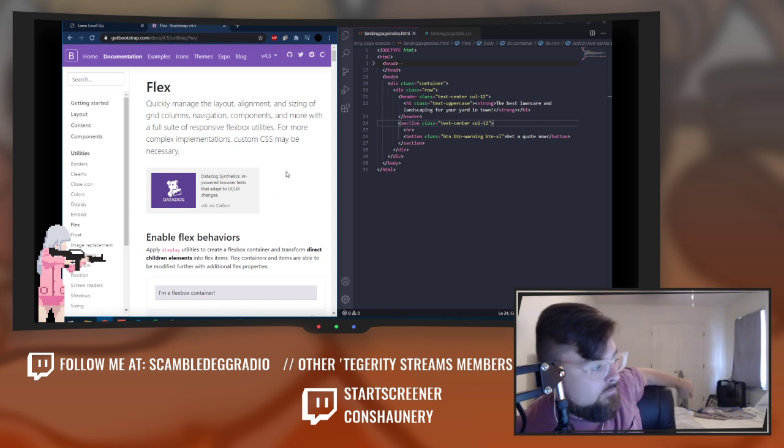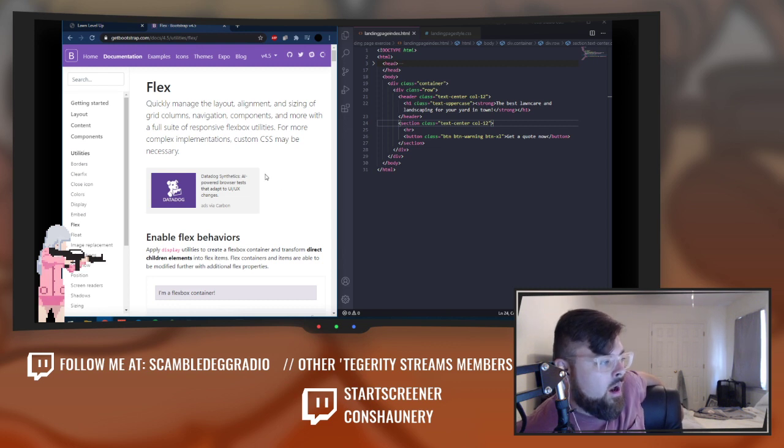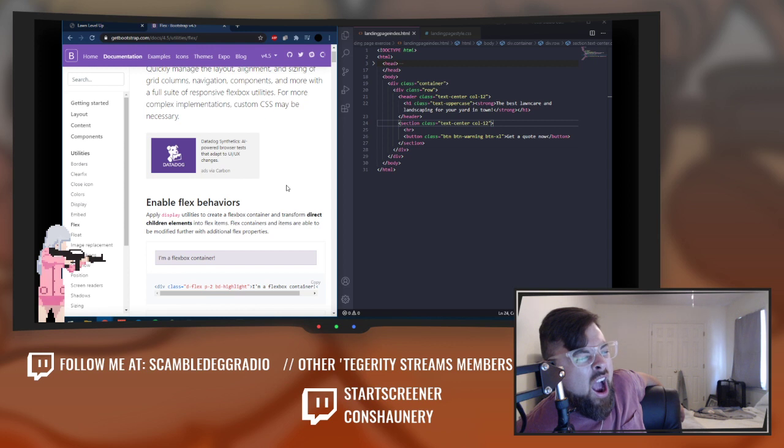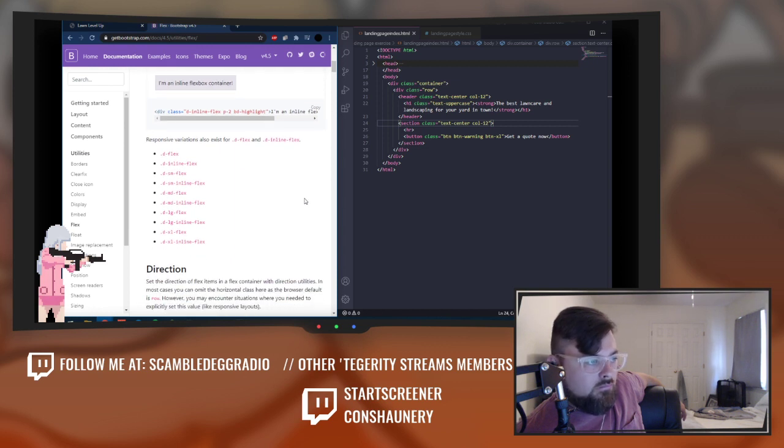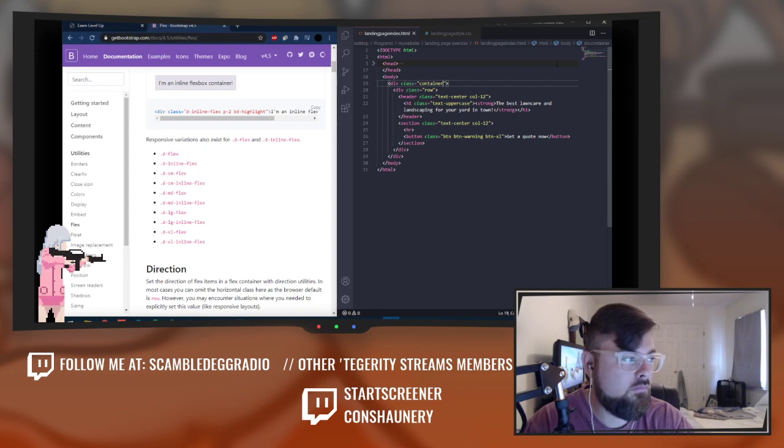So if I go over here, you can see that I can activate the Flexbox system by using the d-flex class. If I copy this and go to container and say d-flex, if I refresh, nothing happened